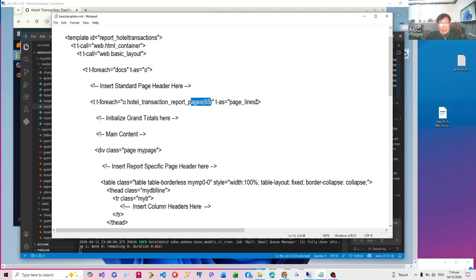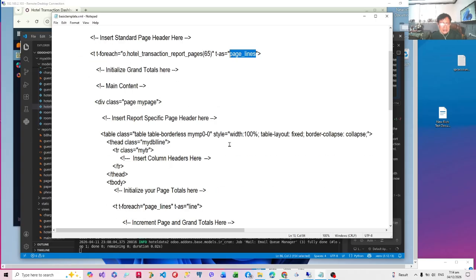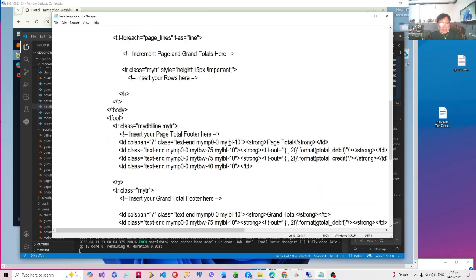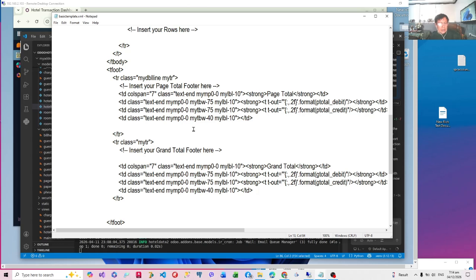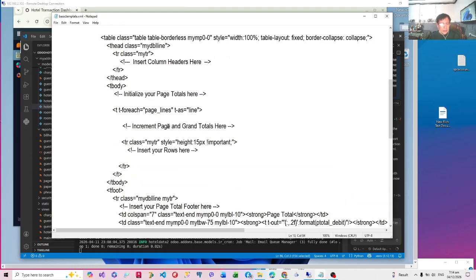Remember, page lines is a 65 line data set, a subset of the whole data set, connected to the report lines. So we are going to put that here.